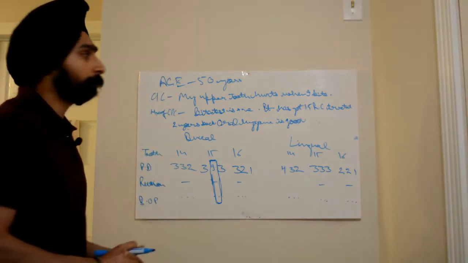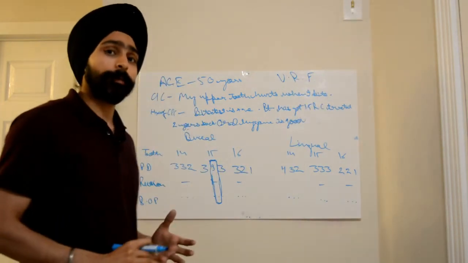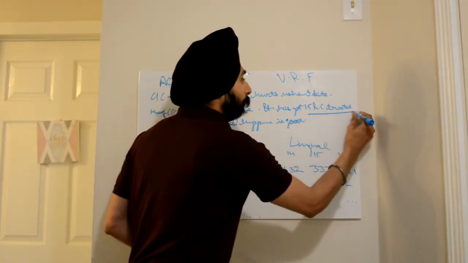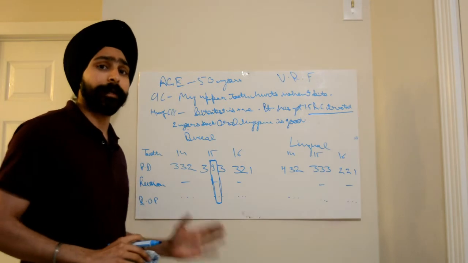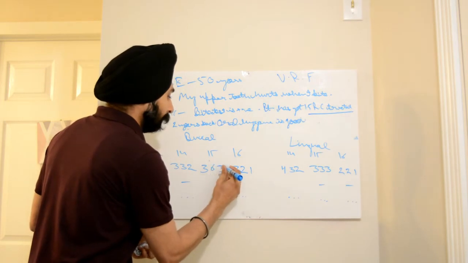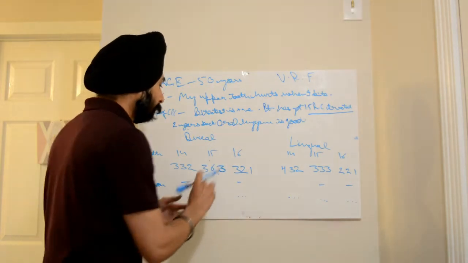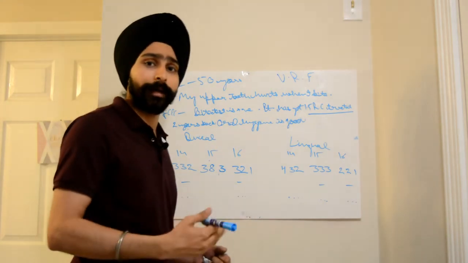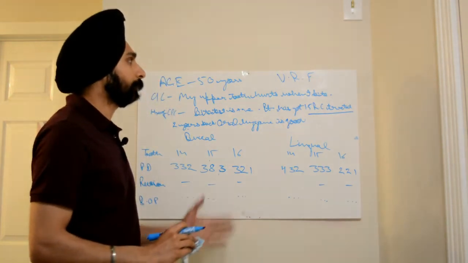Friends, this is a case of vertical root fracture. For you to come to the diagnosis of vertical root fracture, you must have a history of RC treatment done on a tooth. Also, there should be a very deep pocket present. If a pocket of around, let's say 6 was present, then it is difficult to come to the diagnosis of vertical root fracture. But if you see a very deep pocket, let's say 8 or 9 or 10 or 11, then most probably the diagnosis is vertical root fracture.